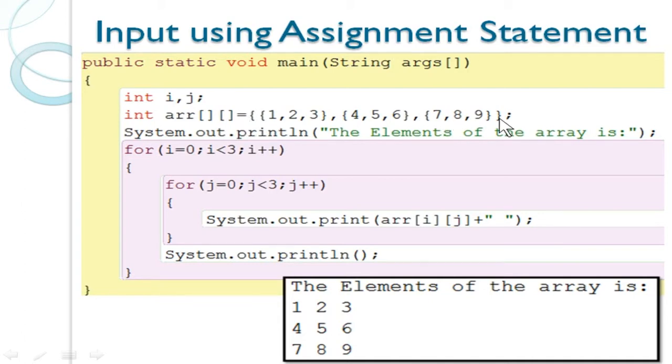braces, open and close curly braces, that will be outer. And each and every row will have inner curly braces. So you can see open and close inner curly braces, and the elements for the first row separated by comma. After completing the first row, close the curly braces and put a comma, and then start the second row by opening another curly braces and entering the remaining next 3 values, and close the curly braces, and then again a